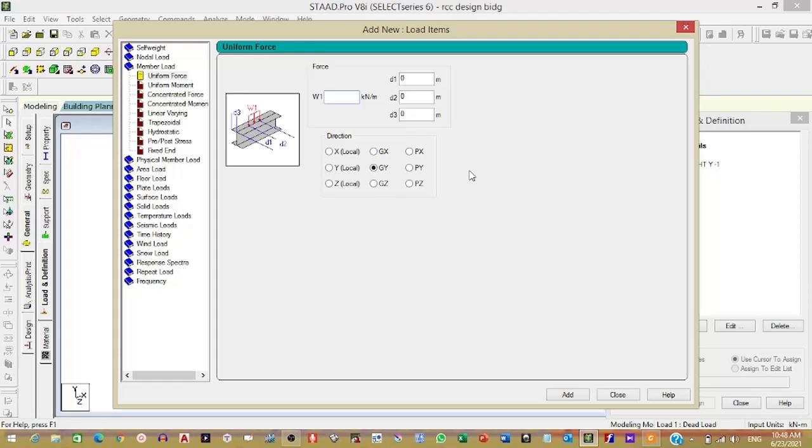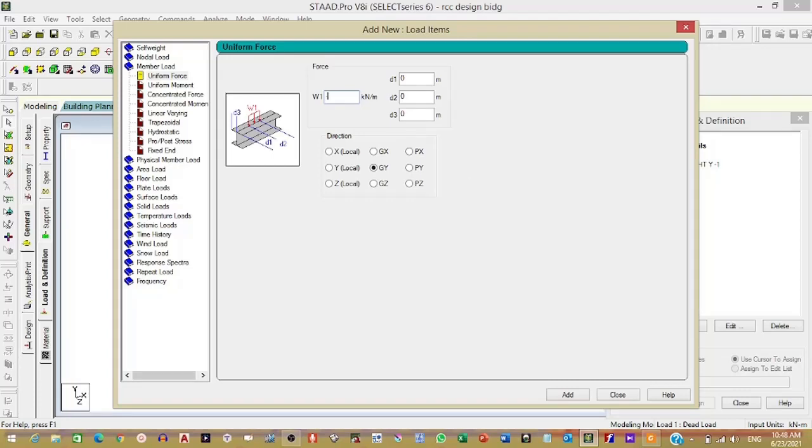If you get an error, this software will not show you the design. It will fail to show design. So minus, here I am just calculating, but now we are assuming minus 13.11.